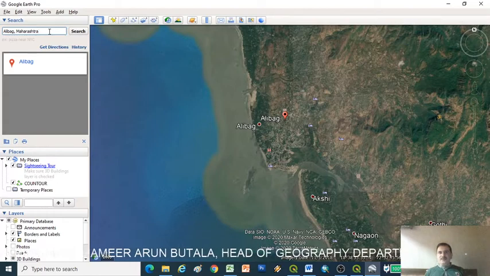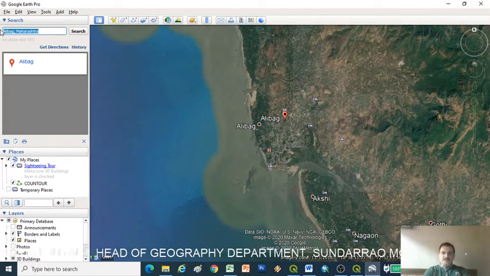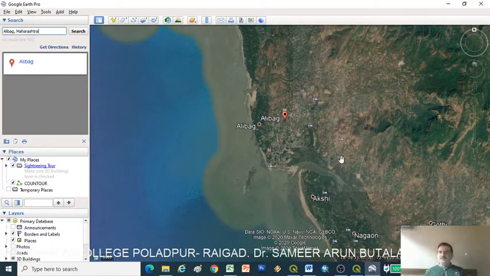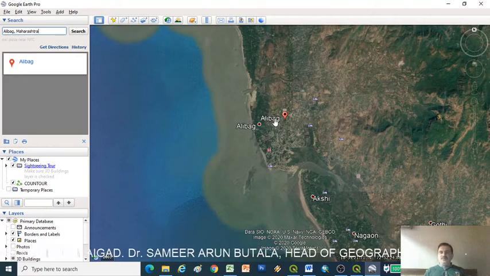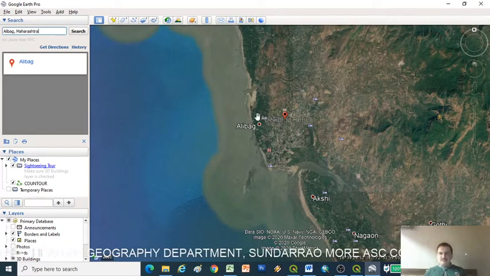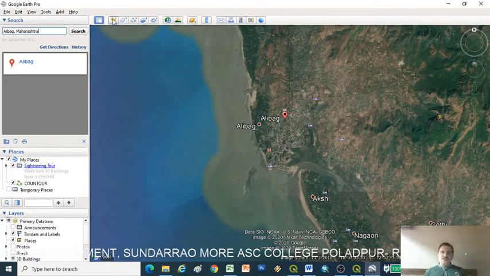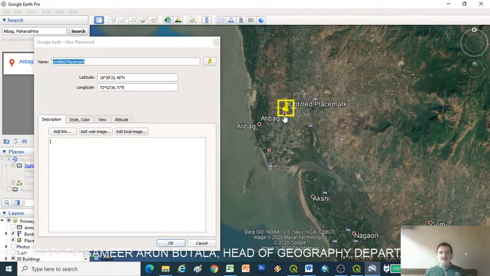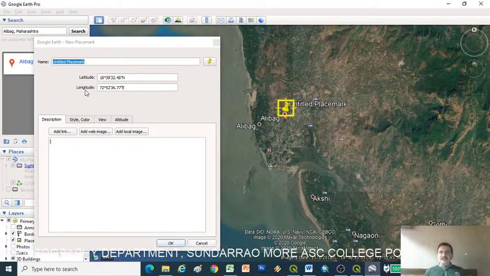I want to show this point in the QGIS map, so I use add placemark and put the placemark on Alibag. I will get the exact latitudes and longitudes.